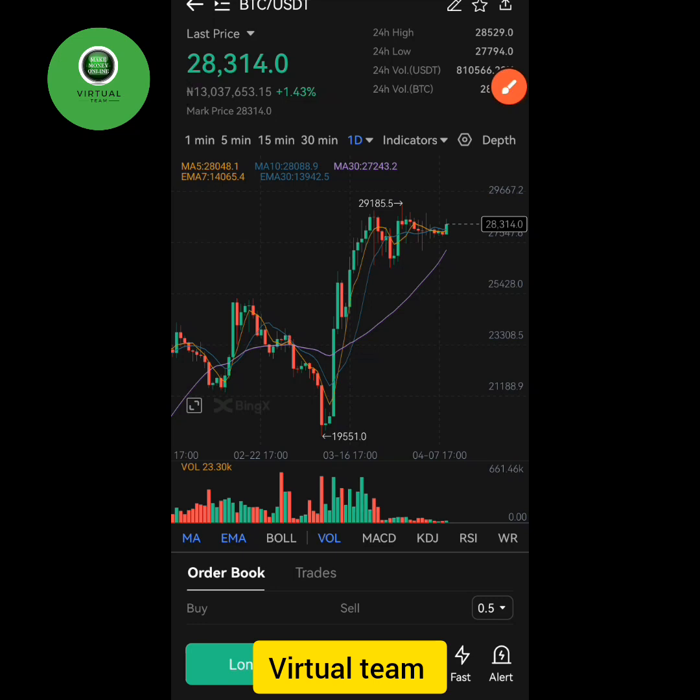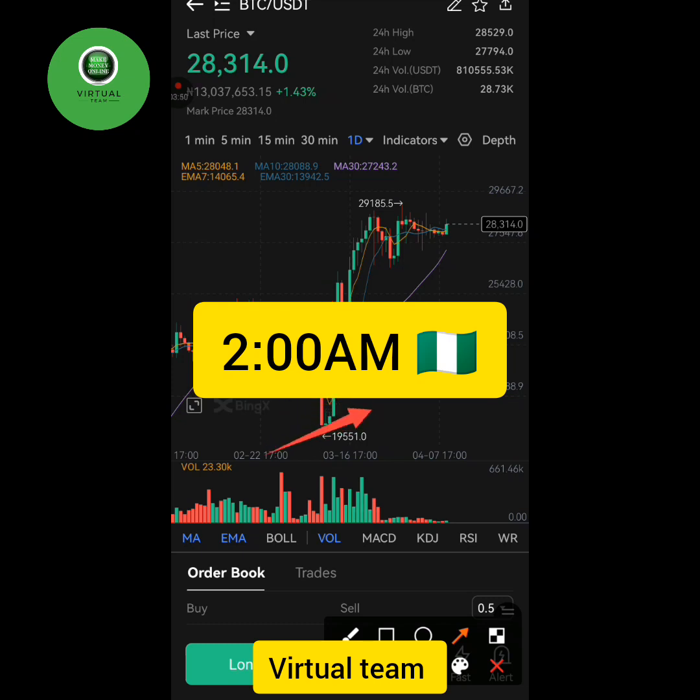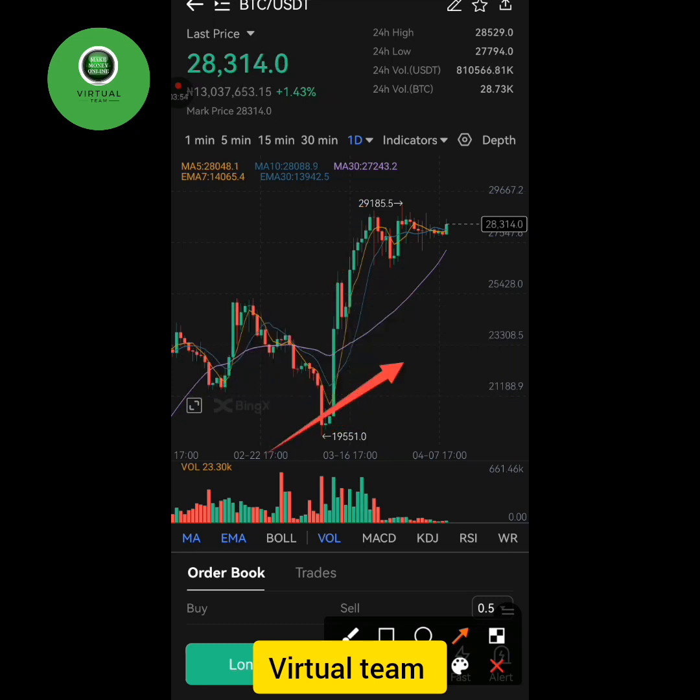Okay, now you can see this stick when the stick is at down level. When the stick is at down level, it does not make a tall movement. So I think the best time for you to trade is around 2 o'clock in the midnight. You are going to see the real movement on any coin. Right, on any coin. So the next strategy you need to take is that